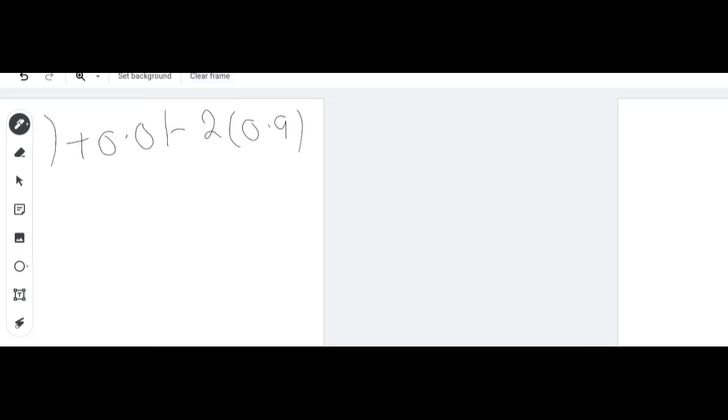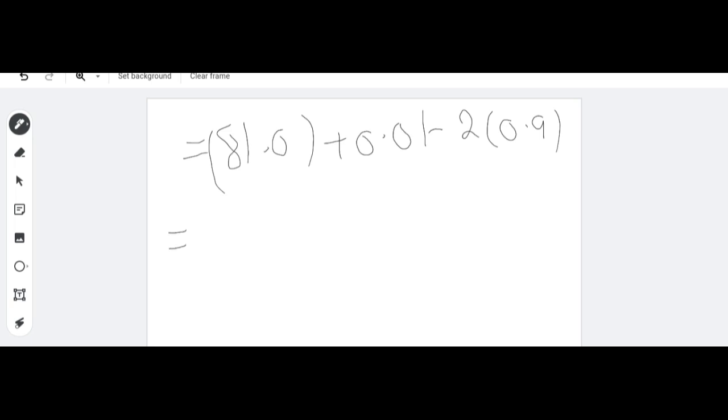2 is the bigger value, na? Yeah, man. 2 9s are 18. 1 will go here. 1.8. It will give us 1.8. Yes. 8.1, now it's 1.8. 81.0 plus